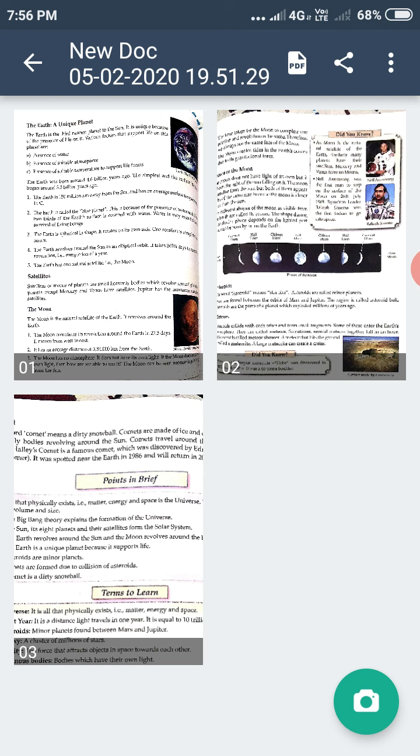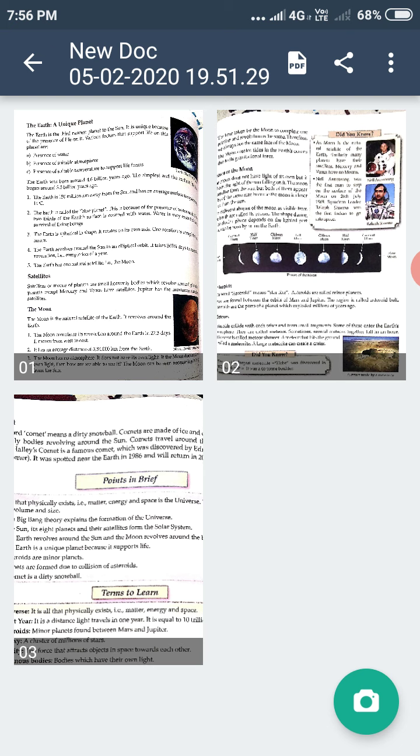As I have already told, Earth has a natural satellite, that is the Moon. Now we'll talk about the satellite. Satellites or moons of planets are heavenly bodies which revolve around the planets. They are also called the companions of planets. They keep on revolving around their own planets. All planets except Mercury and Venus have satellites. Only Mercury and Venus do not have satellites. Rest all the planets have their satellites. And the maximum number of satellites belong to Jupiter.